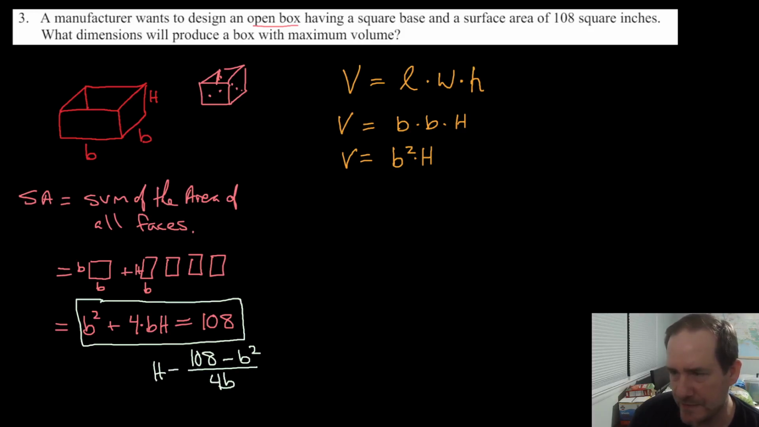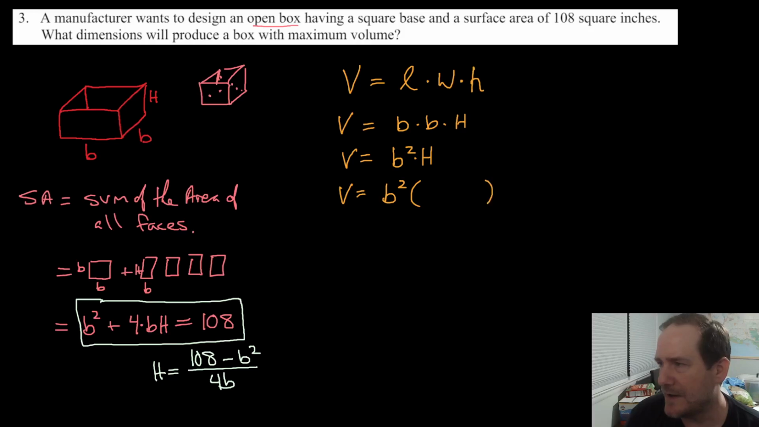Then to get h alone, you would divide by 4b. And the next thing you know, you've got a formula for h that came straight from our constraint equation, and we can now bring that up and substitute it into our volume equation. So we've got b squared, and now instead of h, we'll substitute in this expression, the 108 minus b squared